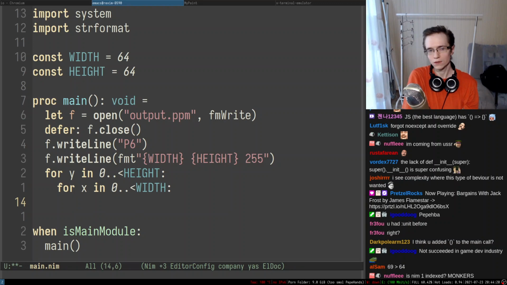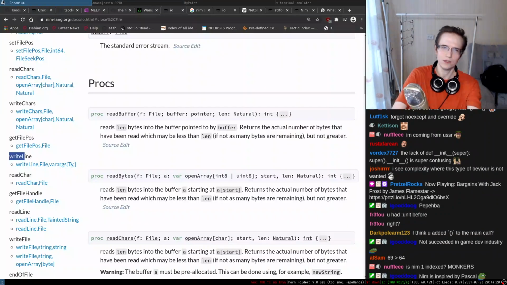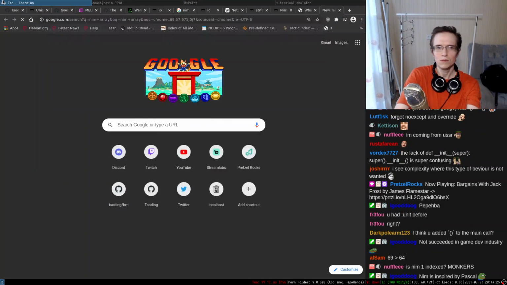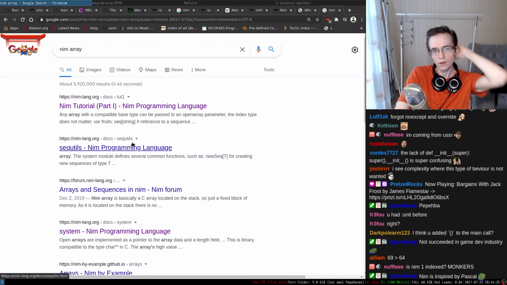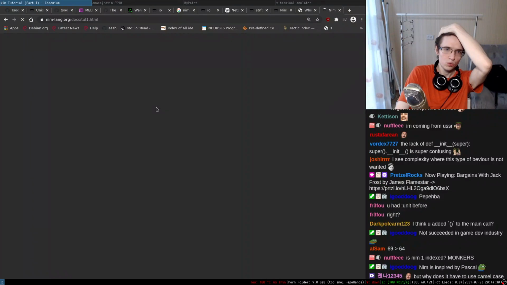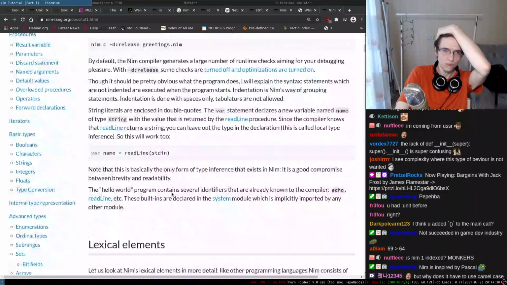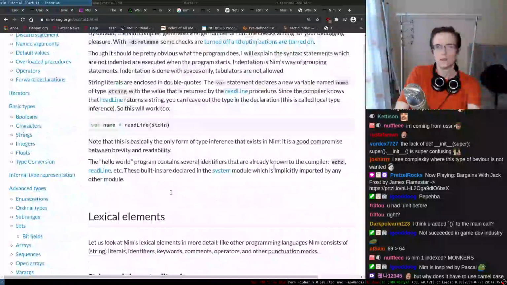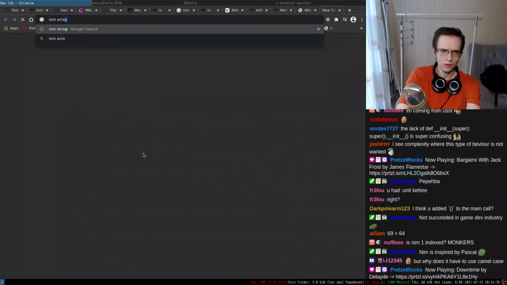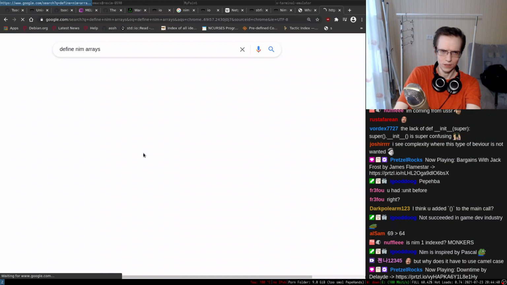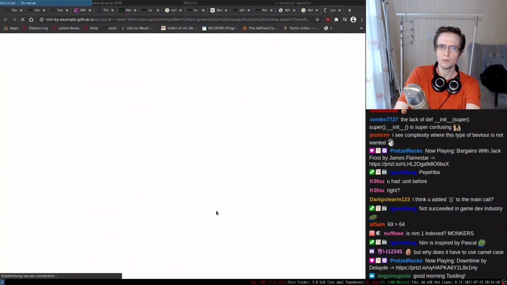Is Nim 1 indexed? I think it doesn't matter in Nim. I think you can have arrays that are indexed differently. Nim array. Okay, Nim arrays, define array. I probably should put array Nim by example.